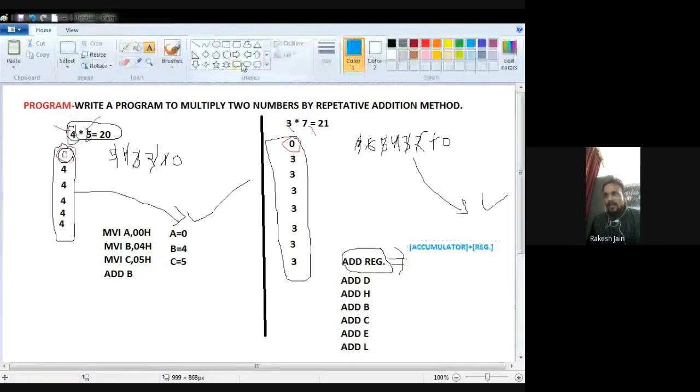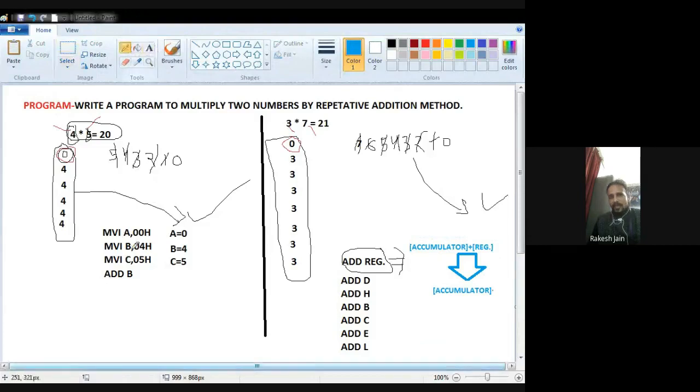Content means the data inside that register, and the result will be loaded into the accumulator itself.